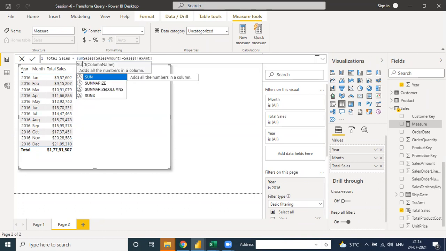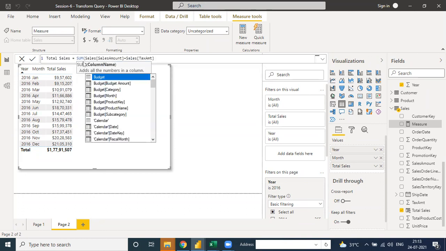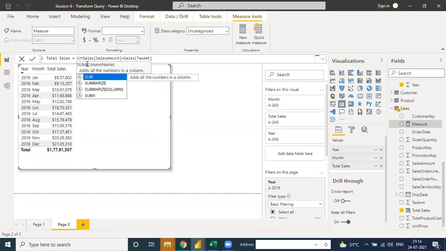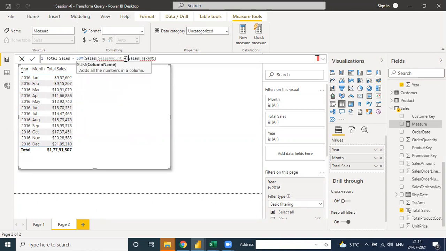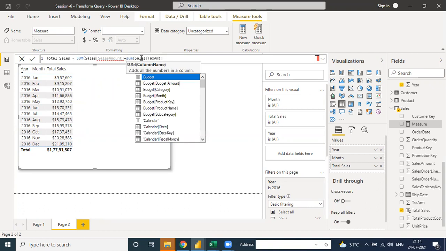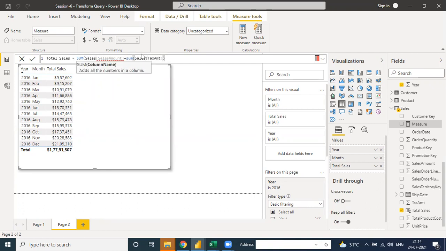So how to do this? Add sum only. Sum with the sales table, and here also connect with sum with the sales table.